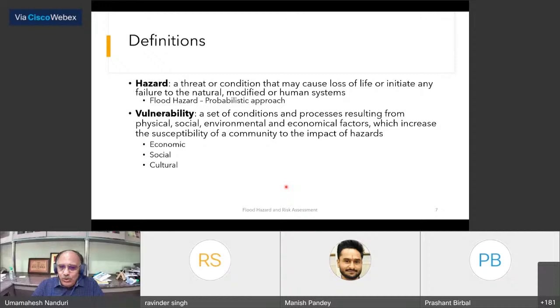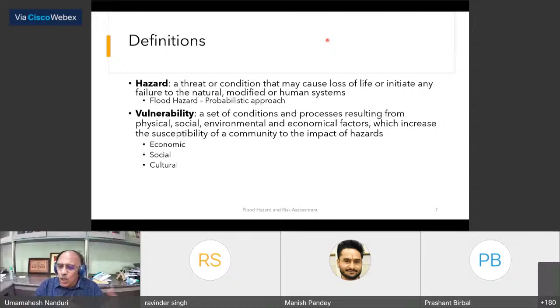Economical vulnerability is where you're looking at, say, the economical loss. For example, a flood can cause damage to agricultural crops, so maybe a huge crop loss, or in an urban area, it can cause a loss to property, damage to buildings, or loss to business. So these are economical losses. This is one kind of vulnerability. So what could be the possible economic